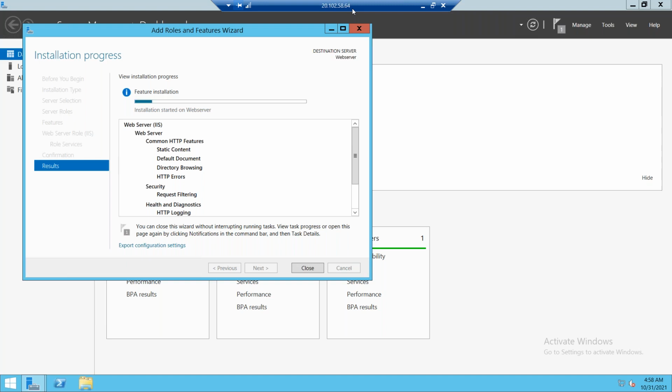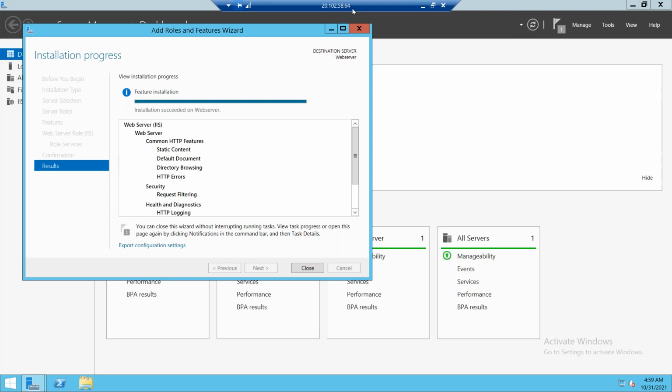Because I'm working in the cloud, which is completely live, everything is accessible worldwide. So you can put this IP, 20.102.58.64, and check. There's nothing on HTTP or HTTPS yet. You can put the direct IP address in a browser. I just put it in, and nothing has come up yet. Refresh again. Again refresh. Okay, now I can see the IIS page.